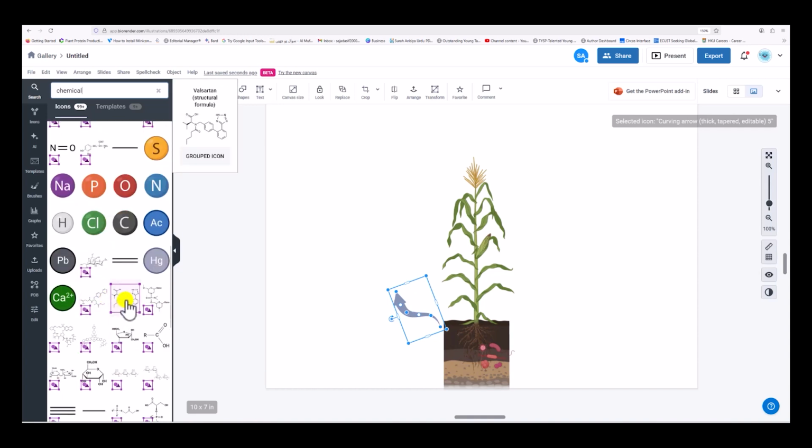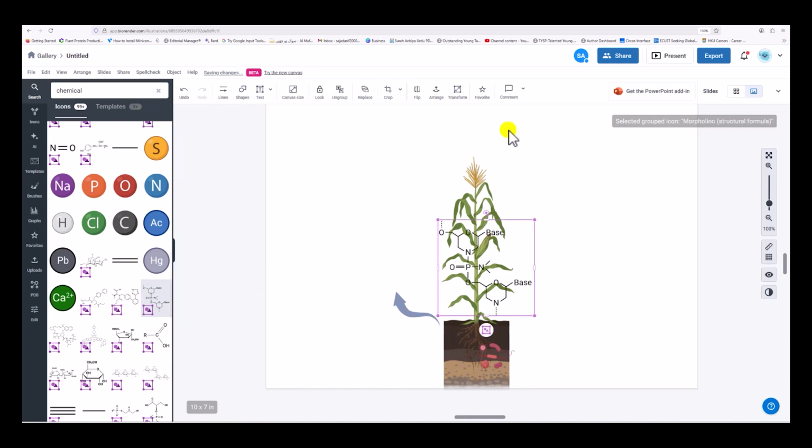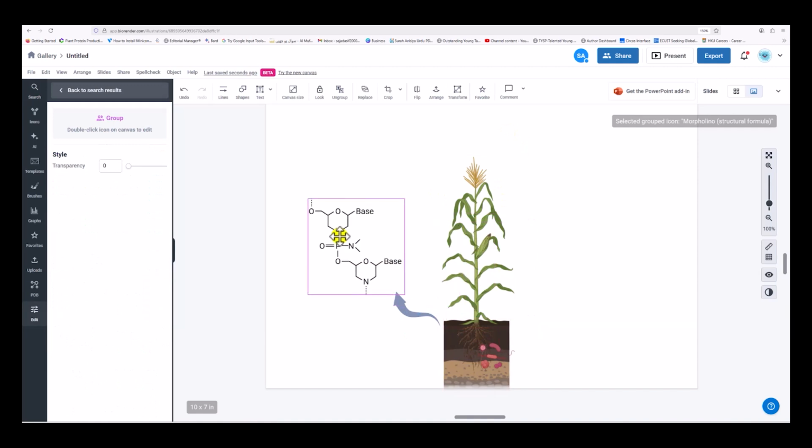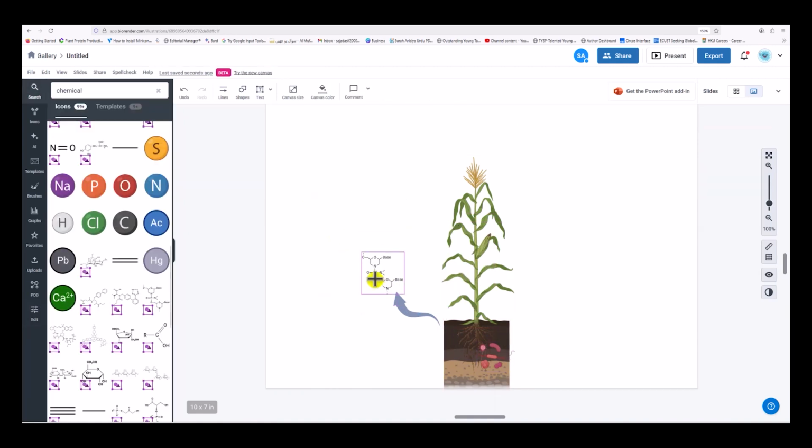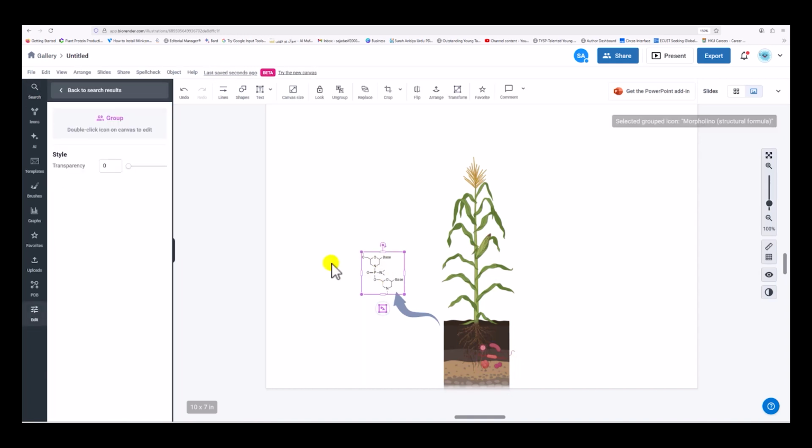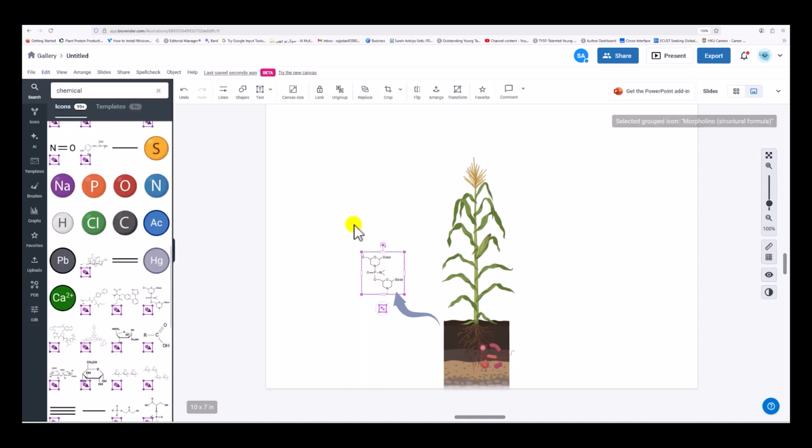For example, you need some specific molecular structure. So you can just click it here, and it will be in your page. So you keep it here. You can change colors, you can change everything very easily.